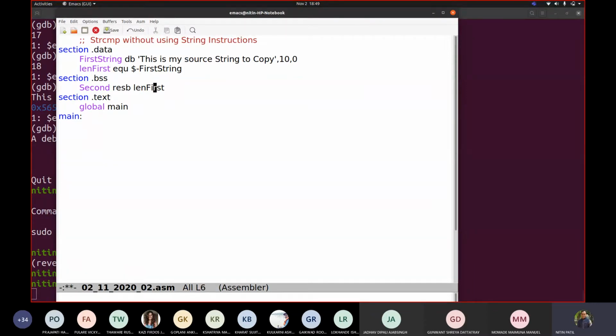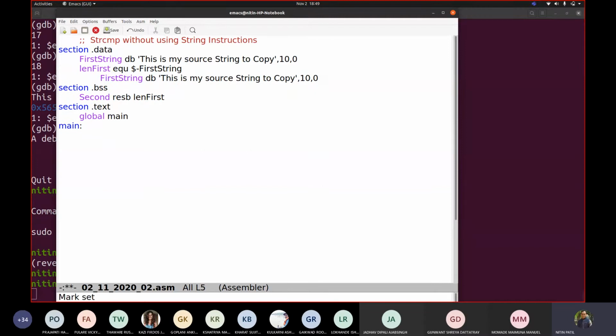What will you do? Suppose I have this first string declared, I have the second string, and I want to take a variable, length second.